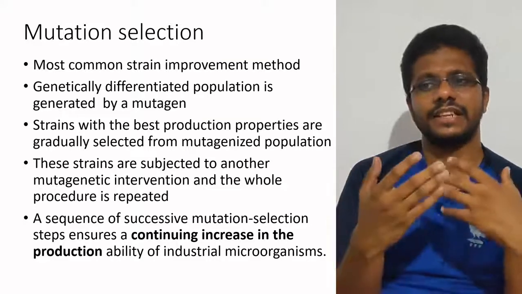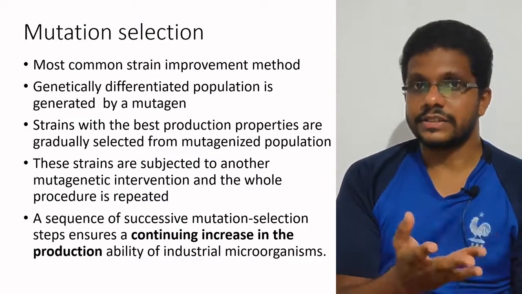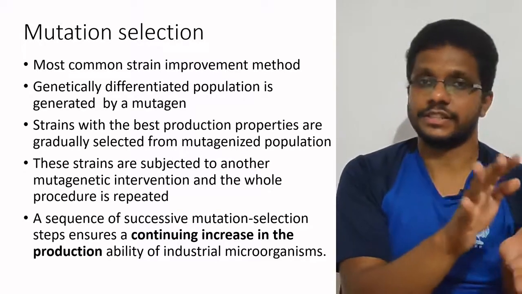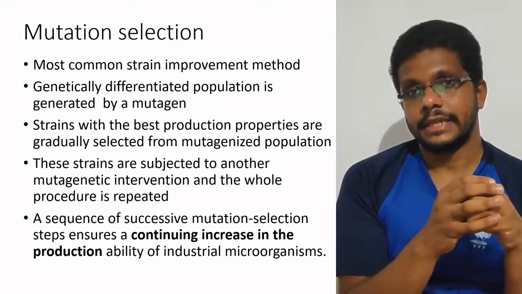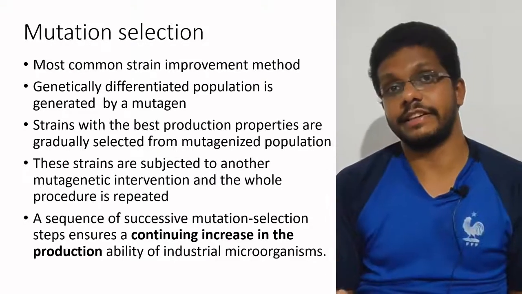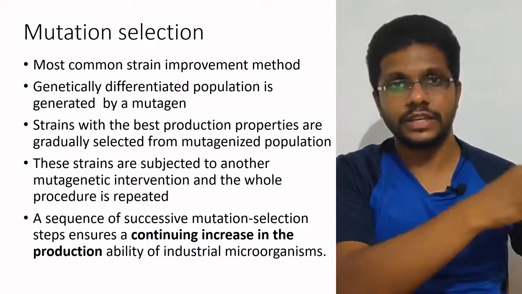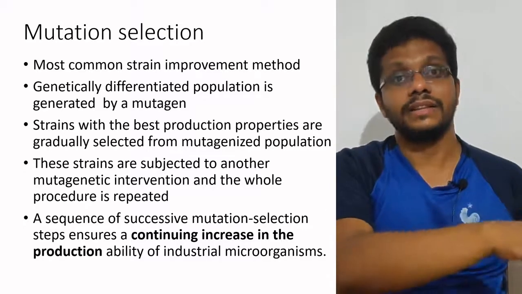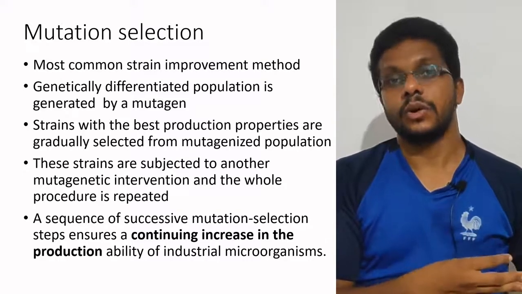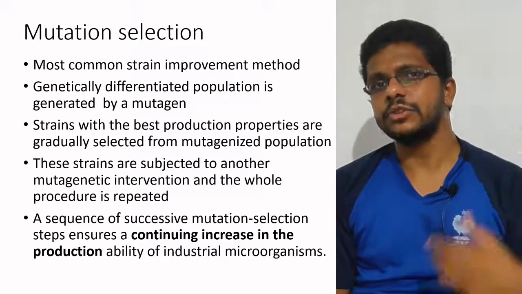The idea of mutation selection is very much similar to the idea of evolution. In evolution, Charles Darwin said there are variations in the population, and the selection is based on the condition. The best fit will be selected. Mutation selection is an artificial evolution process. So artificially we are creating the situation. To induce the variation, we are introducing a mutagen, a physical or chemical agent. So the mutation will occur in the bacteria, and this variation will be produced. Out of these variants, we are selecting the organism with the better characteristics to be used in industry, and we will do it again and again to get better production.